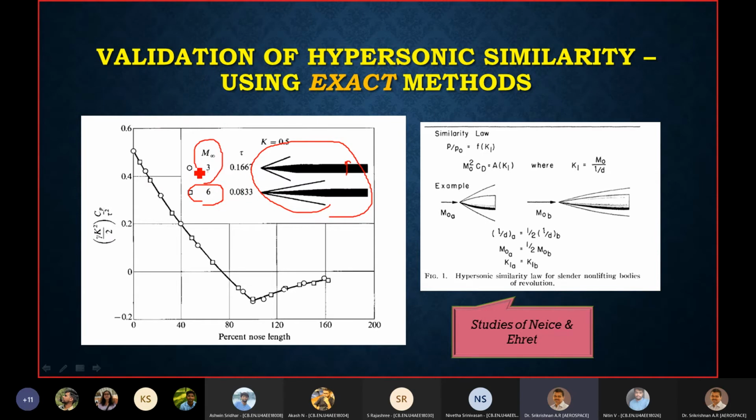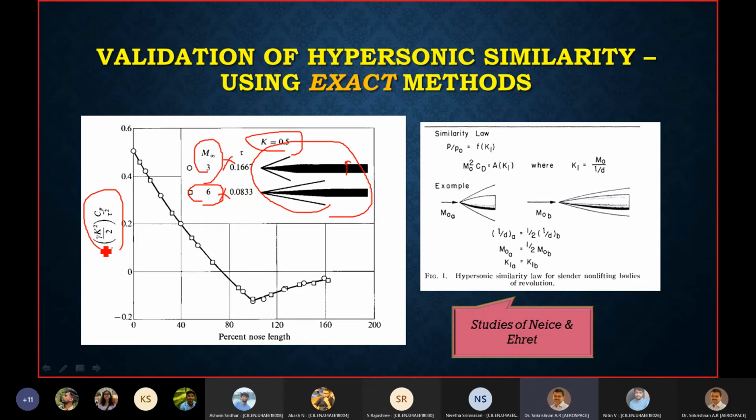But more importantly, M infinity into tau is the same for both cases. They have chosen it in such a way that K, the M infinity into tau, is equal in both cases. So when you do the analysis for two bodies, the non-dimensionalized parameter Cp